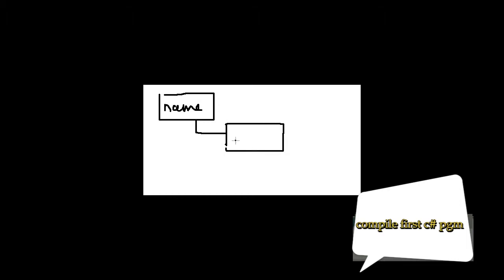Now the base structure of a .NET application is somewhat like this. At the top, we have something called a namespace. Inside the namespace, we have classes. And inside classes, we have functions. So basically, whenever you code your .NET program, you will always find that at the top level is a namespace. Every namespace will have classes, and then every class will have functions.